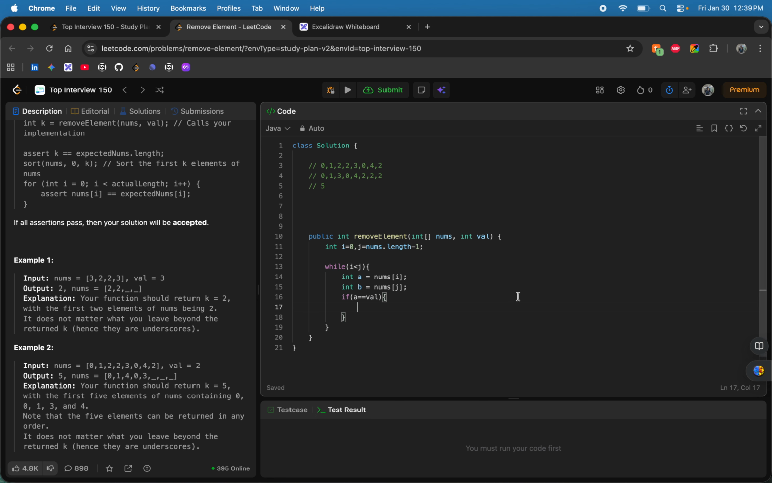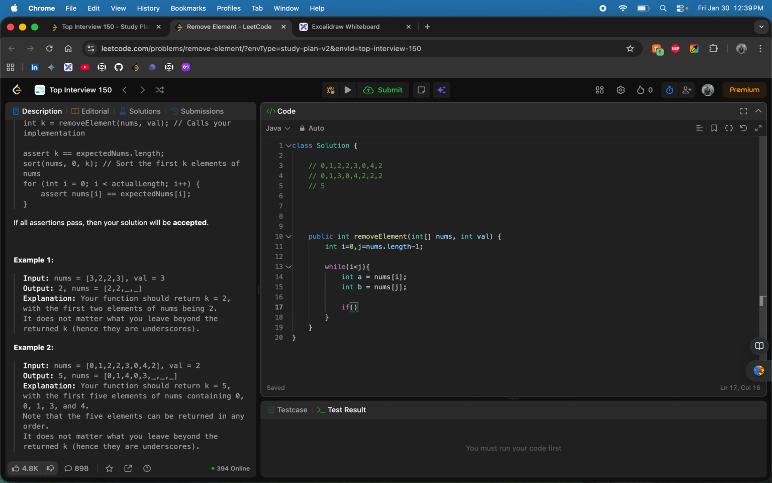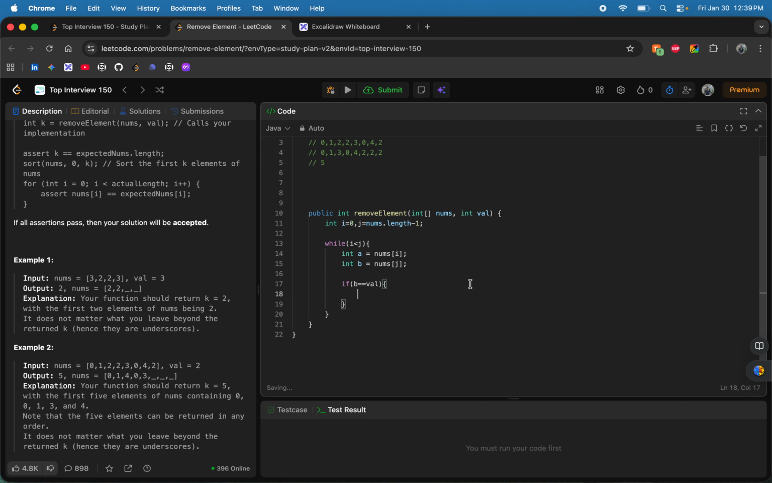then what we have to do, we'll check if the last element is equal to val as well. Okay, let's do one thing. We just start with, if the last element is equal to val, then just do j minus minus. Okay, else if a equals val and b not, okay, it will be not equal, because we have also already checked, then